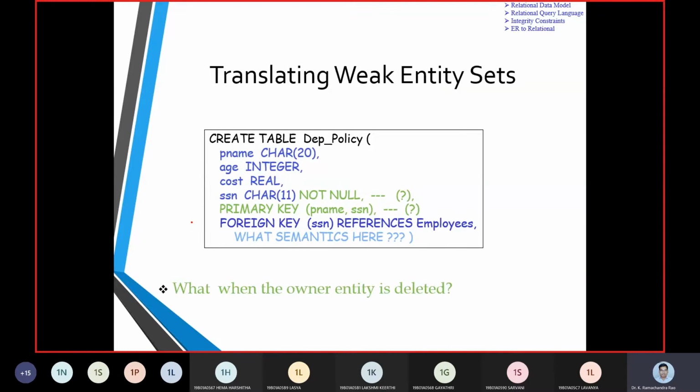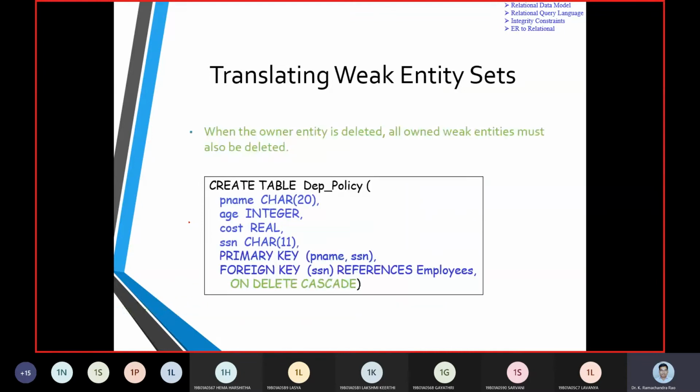So how are we going to translate such content? Very simple. As long as the employee is in the organization, they will get the benefits. If the person has left the organization, their spouse and children will also be eliminated from the policy. So how can I put this in a data definition language? We can use ON DELETE CASCADE.